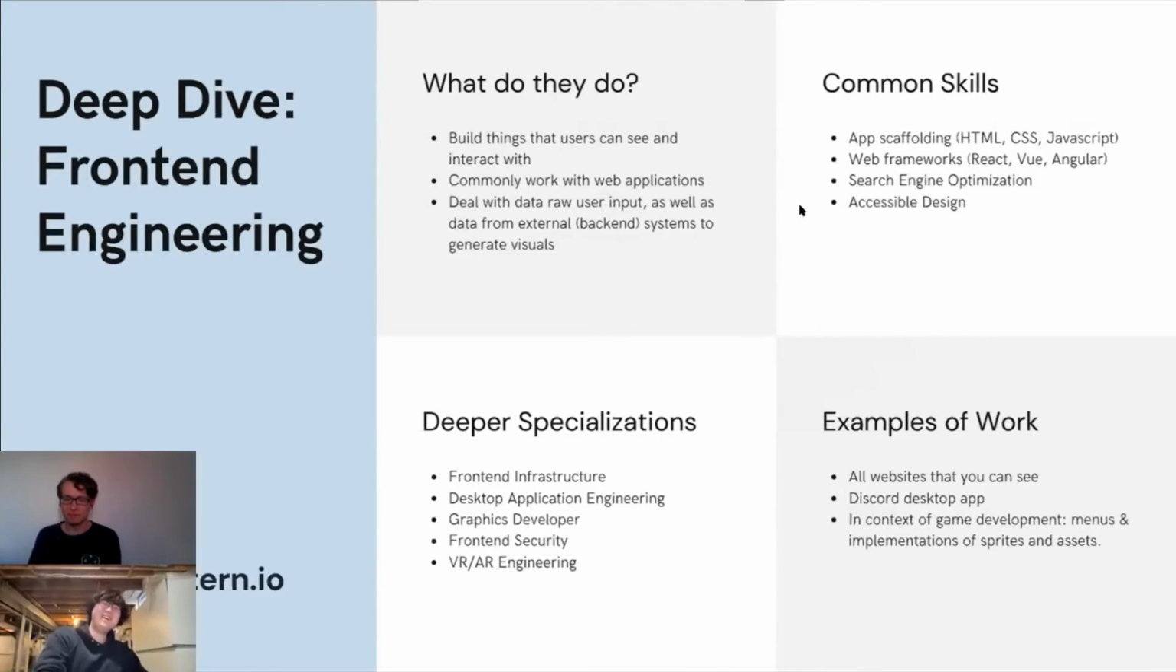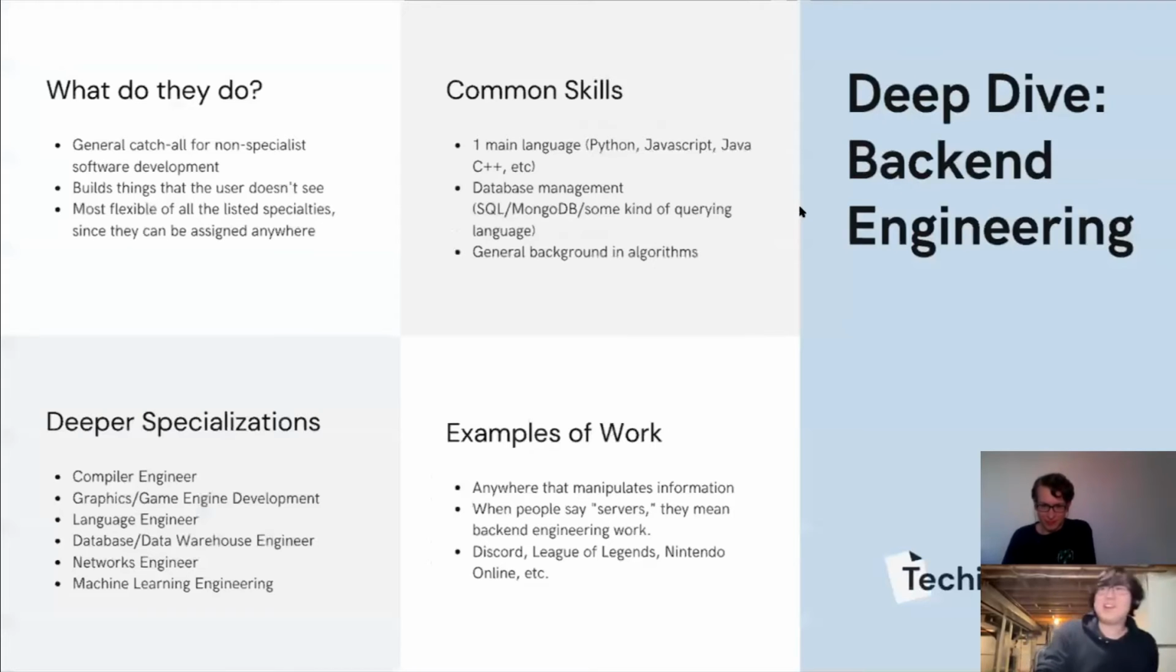But moving on to the backend engineering deep dive then. So what do backend engineers do? They do everything. If you don't want to decide, kind of like what I did, and just want to do a lot of different cool things in the engineering space, and not be shackled to any one part, backend engineering is the specialization that's not a specialization for you. It's the most flexible of all the specialties that I'm going to talk about, just because you can be assigned anywhere,